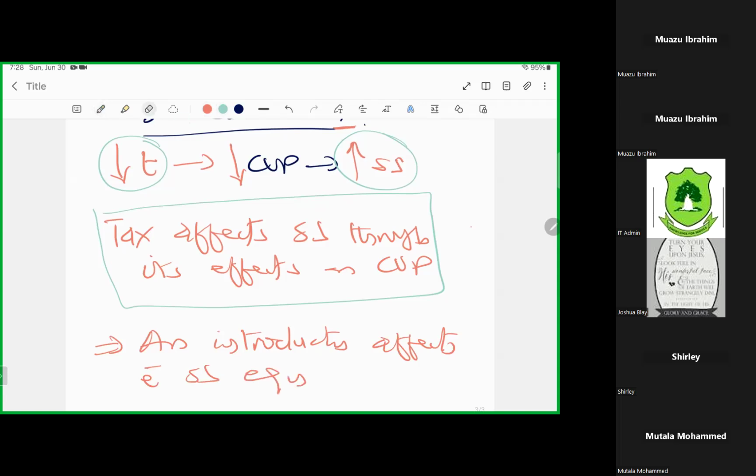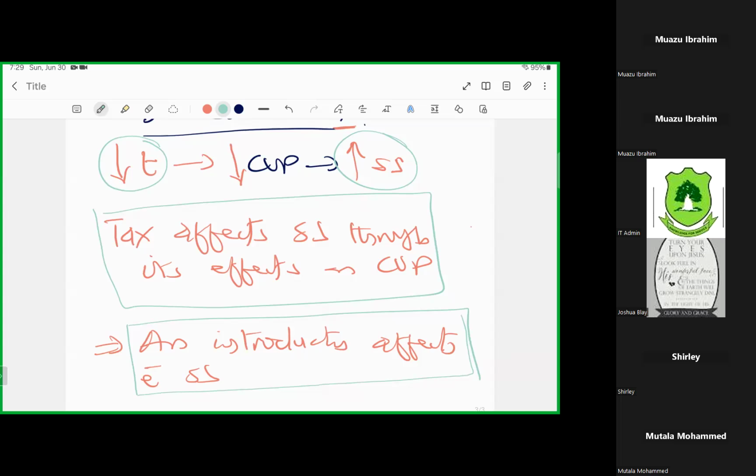So if you are faced with a problem in the demand and supply analysis where government is introducing an excess tax, that particular excess tax should be affecting the supply. Your focus should not be on its effects on demand, unless we are talking about income tax, because that income tax affects demand through income as a determinant of demand. But here we are talking about the introduction of